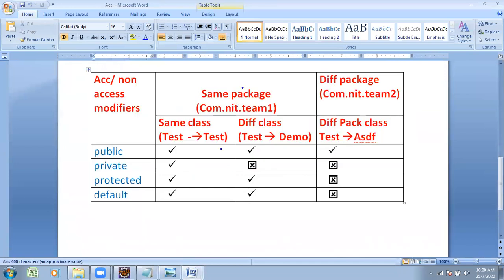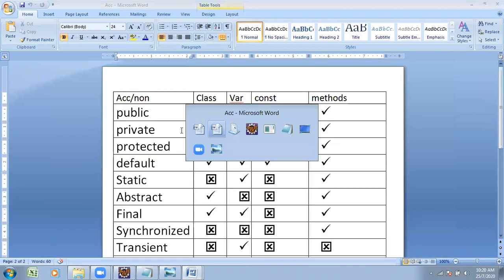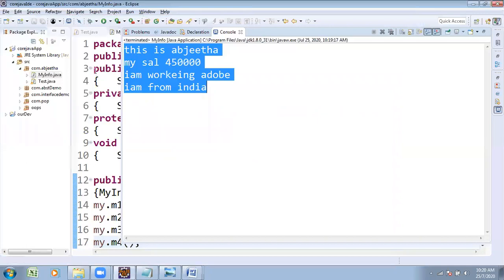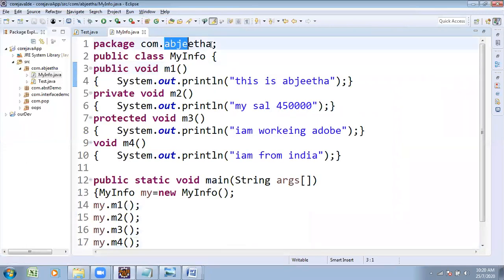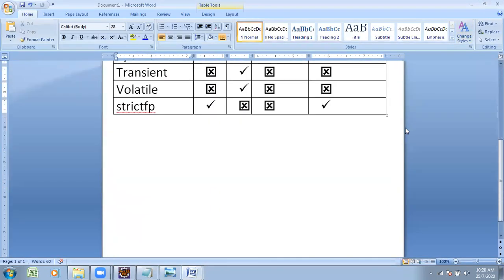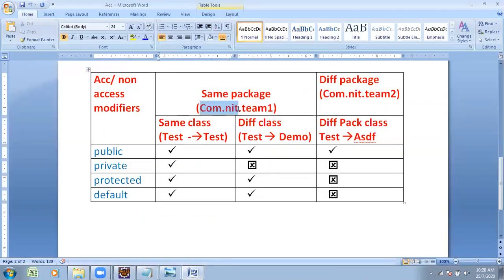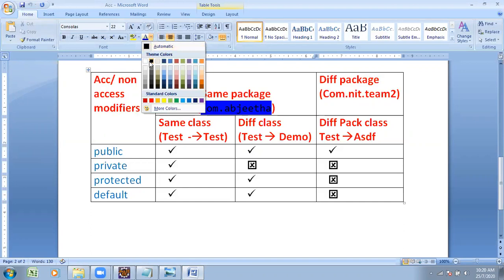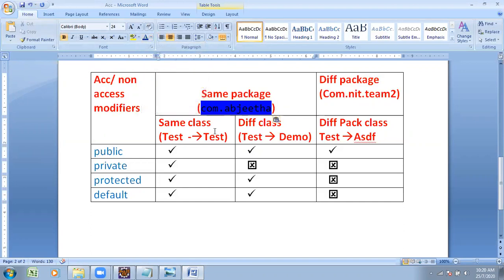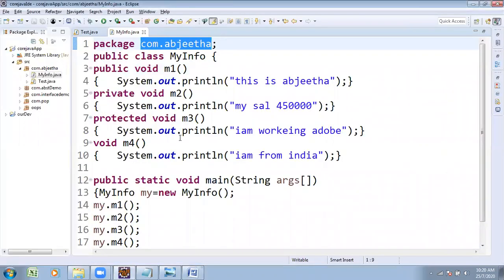So under his package it is declared, and his package only is going to be accessed, declared under MyInfo and utilized also under MyInfo. His class name is MyInfo, utilization also under MyInfo. Package name is com.abhijit. Under that same package it is going to be utilized.